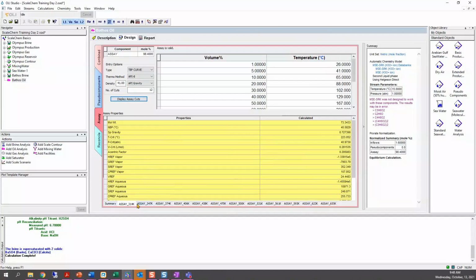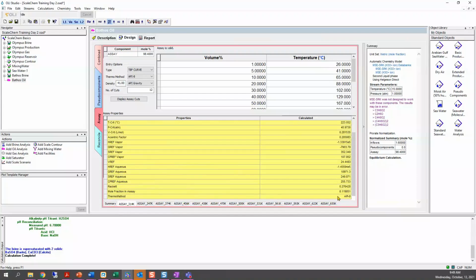And for example, in here you can see the software has calculated the molecular weight for that pseudo component, the normal boiling point, the specific gravity, and all the thermodynamic properties, Gibbs free energy, entropy, all of these values.